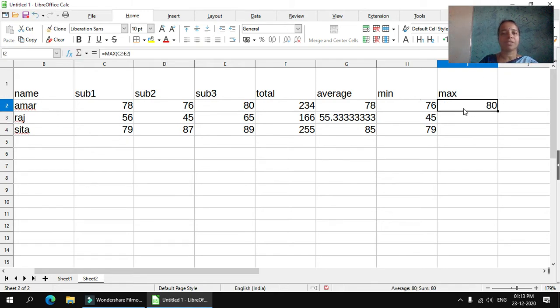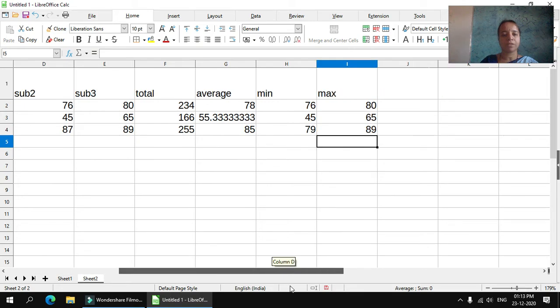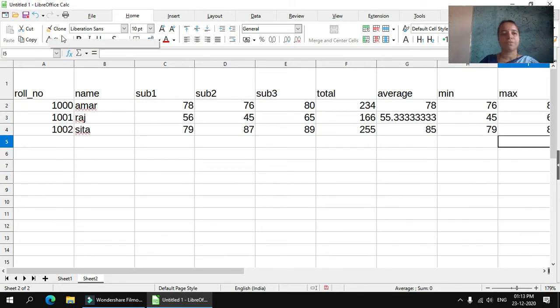So the maximum is 80 marks he has taken out of 3 subjects. Now click and drag the formula. You can see the maximum of marks. This way you can calculate using the functions available in Excel.